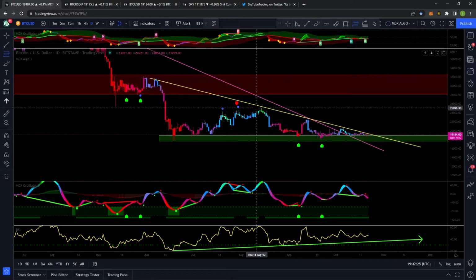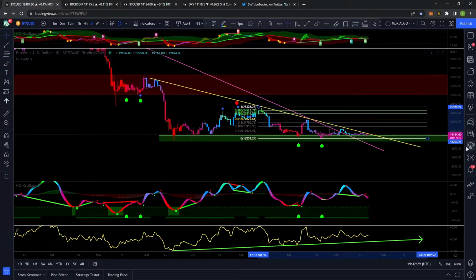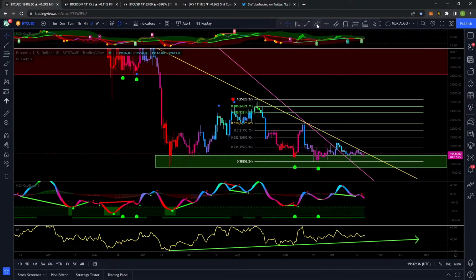If I wanted to look for some take profits, I would be pulling up a Fibonacci here and looking for some areas of interest where I would like to start finding some resistance. You guys know that I love my Fibonacci lines and how often we've been respecting the 786 and 886 fibs. Those are up closer to 24,000 US dollars, you guys,